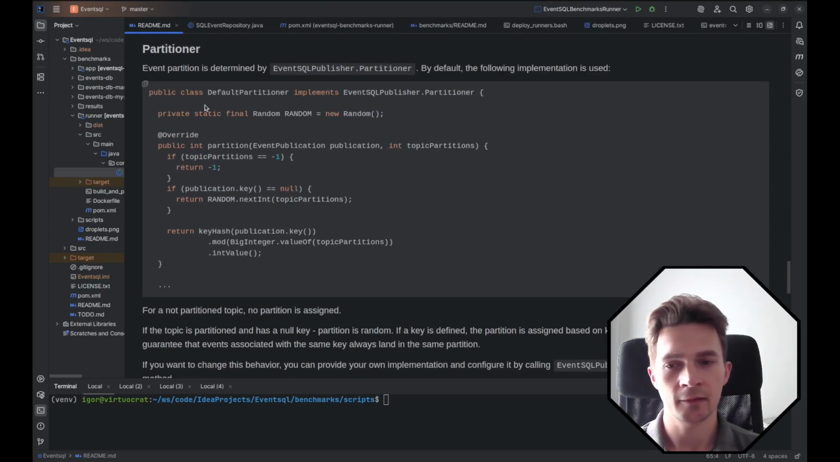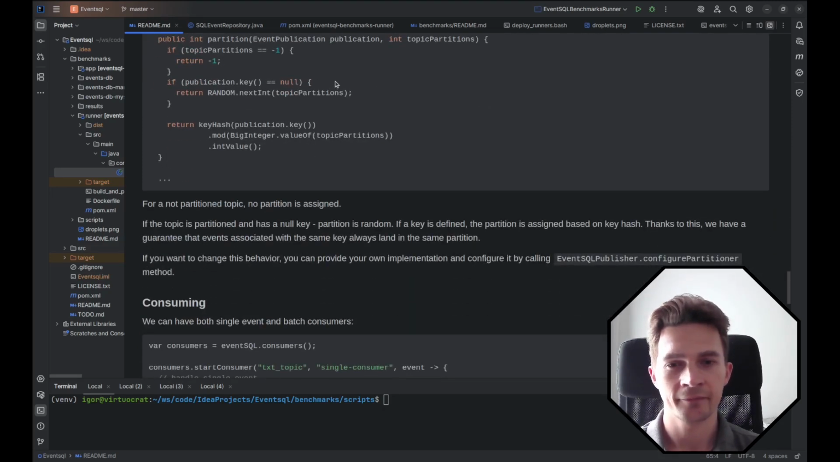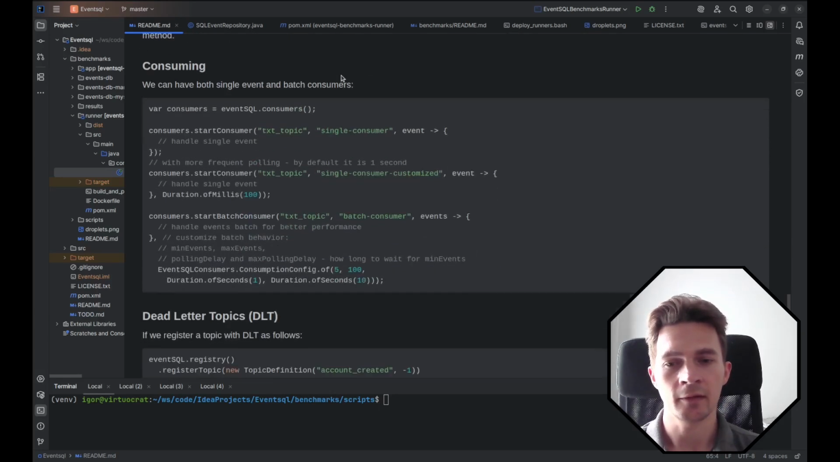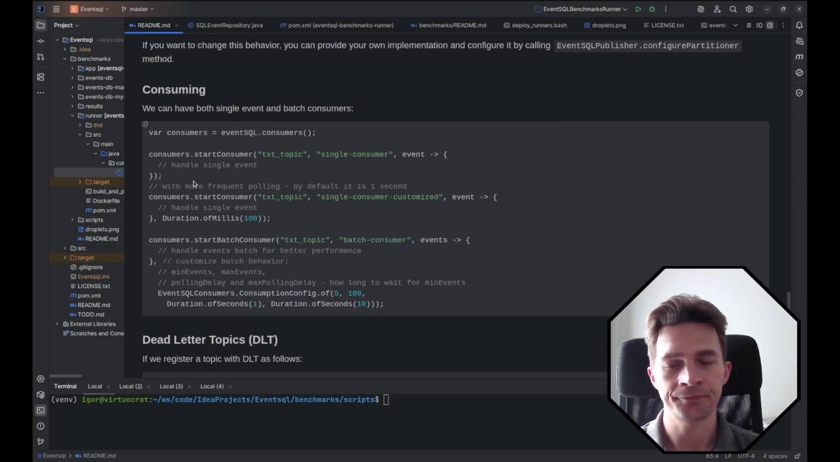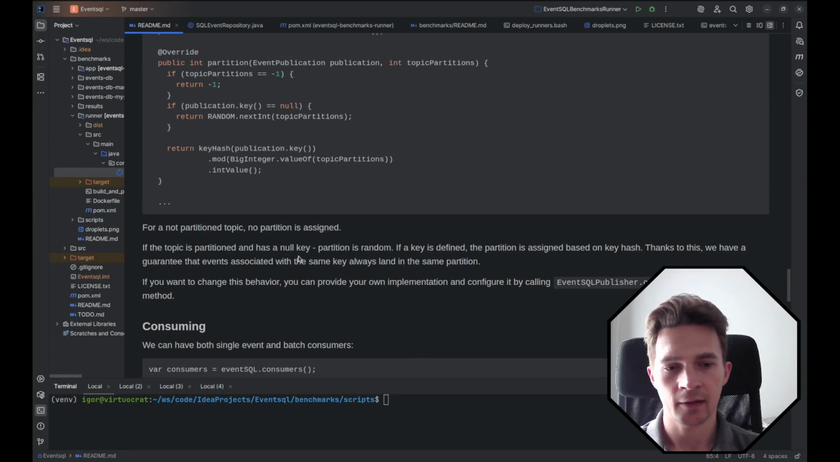Here is an instruction of how we can customize the partitioner. We will know this better in the video, and then how you can consume from topics. And also we run benchmarks